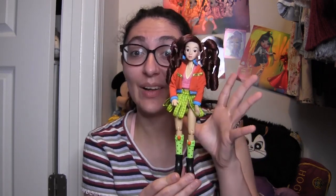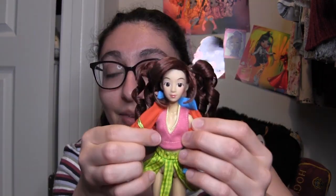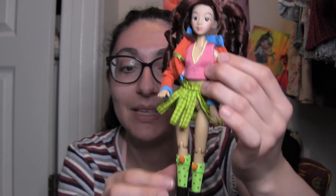For this last one, I'm not sure exactly what I was trying to go for. I think the shoes really throw it off because they're just such a stark black compared to all of the neon bright colors that I have going on here. I think without them, this outfit almost would work if there was a better pair of shoes. But I just wanted to see what would happen if you put together some random stuff. So we've got the vest from the retreat, we've got the jacket from cheerleading, this skirt is from dance, the socks are from one of the accessory packs, as well as the boots. And yeah, I just took a bunch of random stuff and put it together, and it makes an outfit, which is just so fun to know that you can mix and match so much